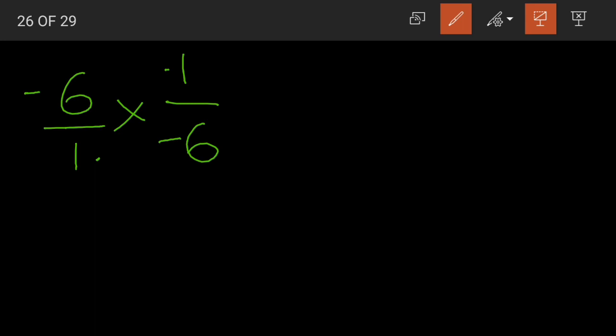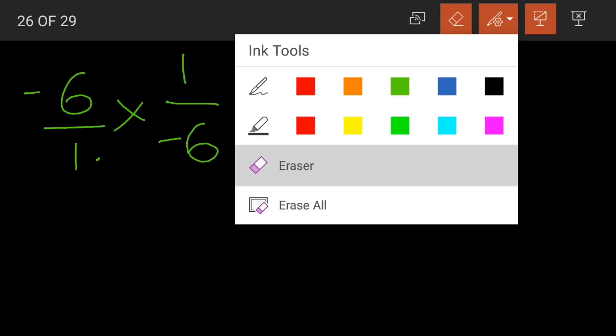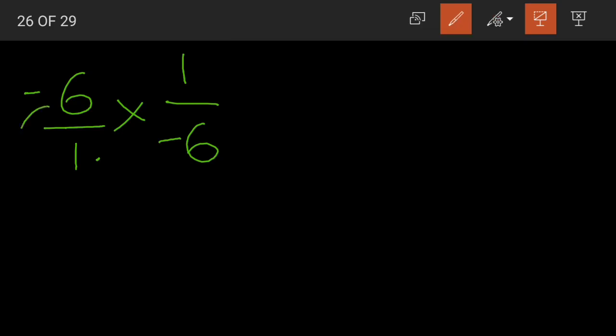Okay, class? We'll do the same multiplicative inverse thing with a negative integer as well. Let us consider the negative integer minus 6. Now, what will the inverse of this be? The inverse of minus 6 will be 1 by minus 6. Again, how? Because the denominator of minus 6 is 1. The denominator 1 became the numerator 1 here, and the numerator minus 6 became the denominator minus 6. We wrote the inverse of it.